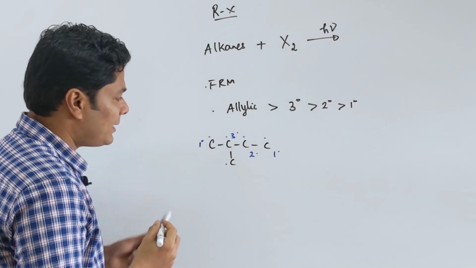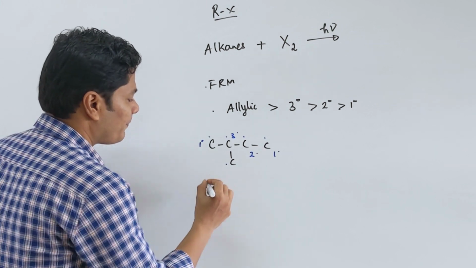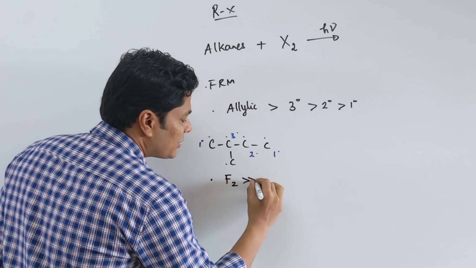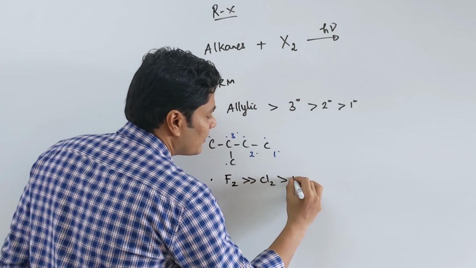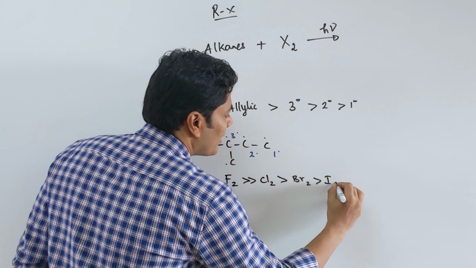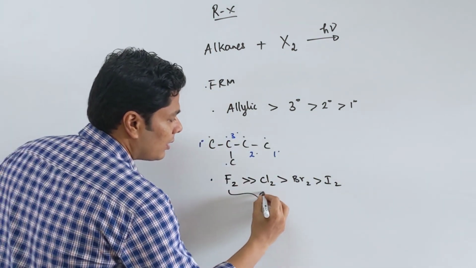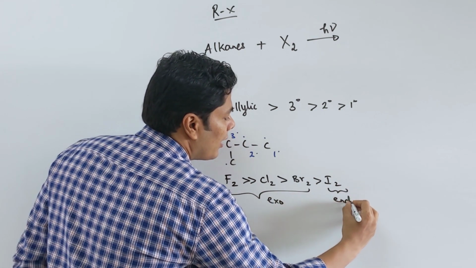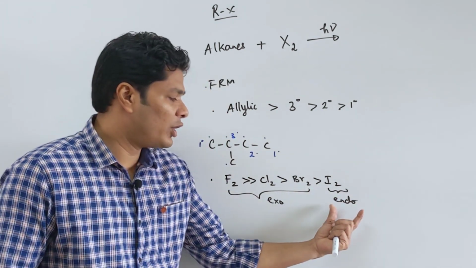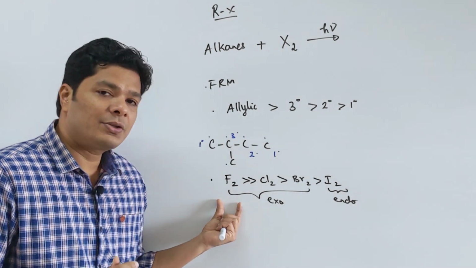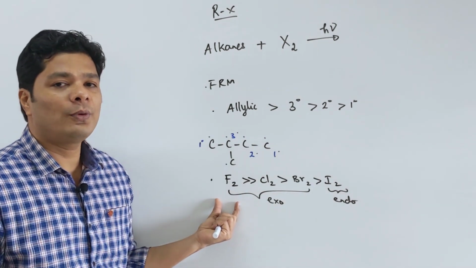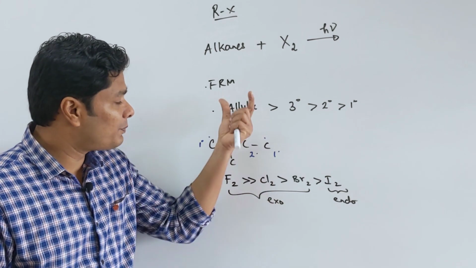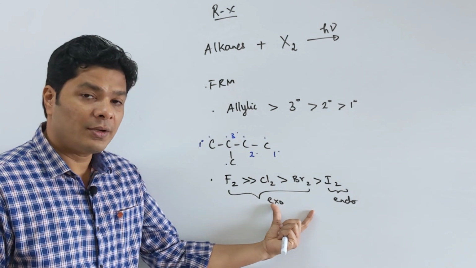That's one. Second thing that you can know is, free radical proceeds in the order fluorination much faster than chlorination, which is much faster than bromination, which is much faster than iodination. These three are exothermic, whereas iodination uniquely is endothermic. So iodination is going to be extremely tough. So fluorination is extremely exothermic, that you don't really do fluorination because it is actually vigorous and too fast. You don't do that. So this process is good for chlorination and bromination.